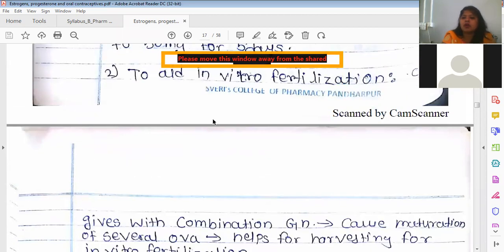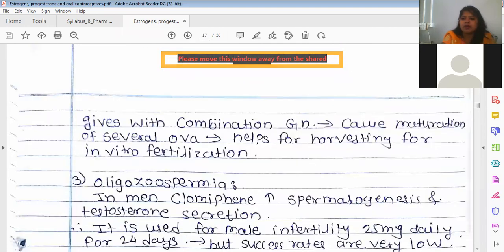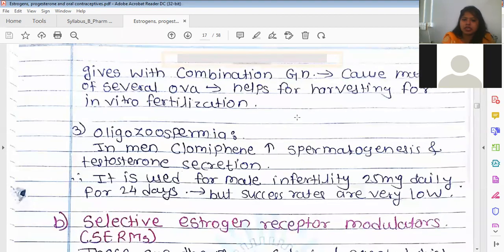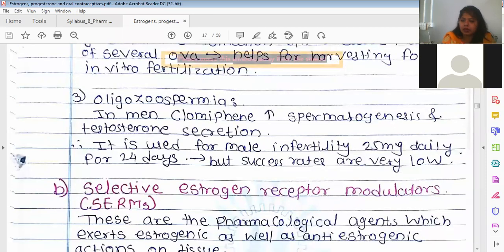Also it is used for in vitro fertilization, म्हणजे जे आपण बघतो की टेस्ट ट्यूब बेबीज वगैरे, तर त्या केसमध्ये इन व्हिट्रो फर्टिलायझेशन जर व्हायचं असेल तर त्या केसमध्ये आपण इस्ट्रोजन यूज करतो to develop the fertilization in vitro. ओके, पीसीटी वगैरे आजकाल बघितले असेल टेक्निक, तुम्ही वाचले असतील, तर त्या केसमध्ये इस्ट्रोजन we are using. Then also we are using in the